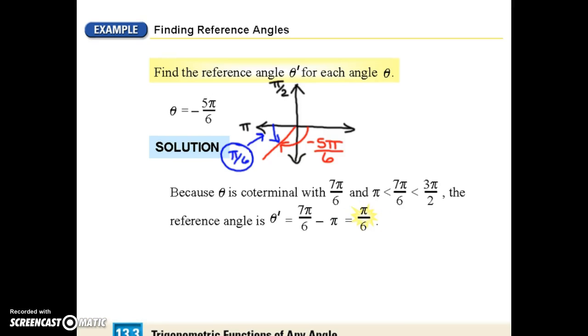Okay, here's another. Negative 5 pi over 6 will bring you into the third quadrant, and this is the 7 pi over 6 minus pi. You get the common denominator, and you get